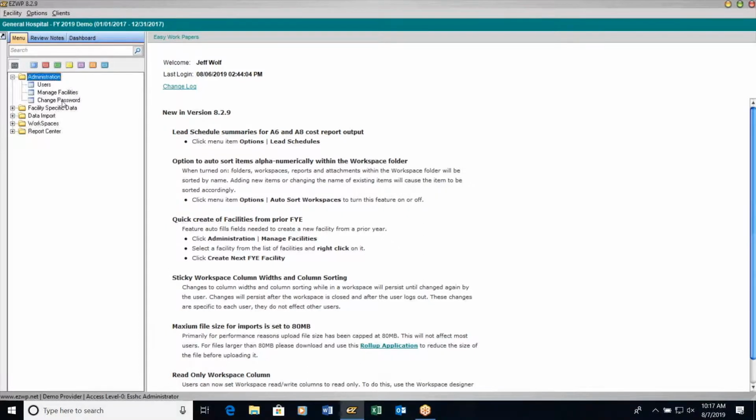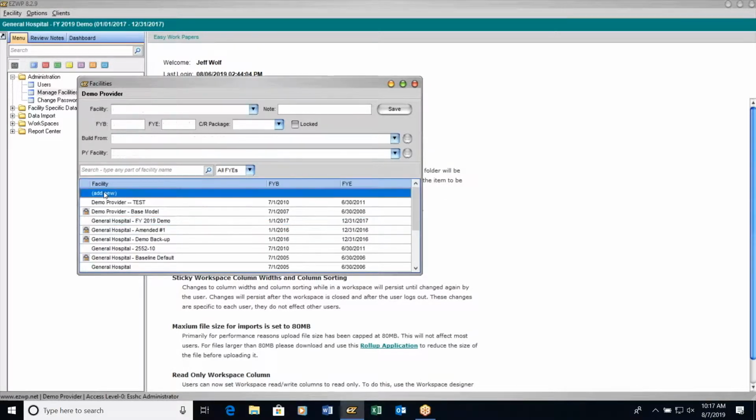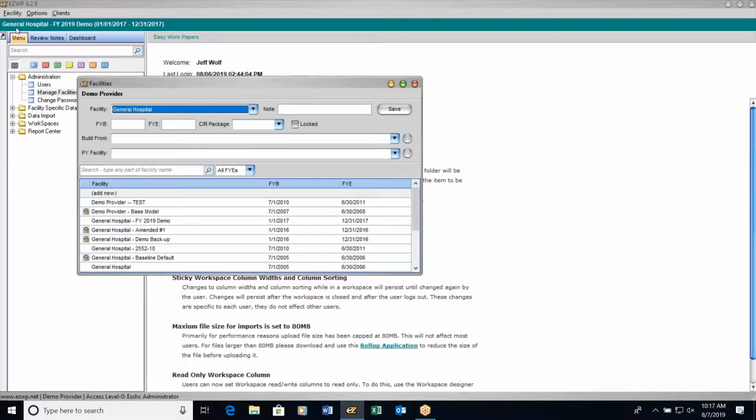What I'm going to do is create a new fiscal year. So I'm going to go into Manage Facilities, and I'm going to create a new fiscal year. So you see right now I'm currently looking at this 12/31/17. I'm going to click on Add New. And we're going to say another General Hospital because that's the facility we're talking about. But we're now going to make it a